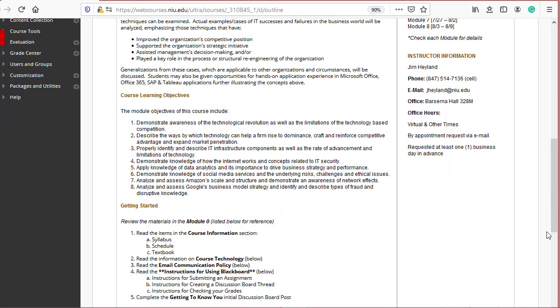Scrolling down, we see the course objectives. 1. Demonstrate awareness of the technological revolution as well as the limitations of the technology-based competition. 2. Describe the ways by which technology can help a firm rise to dominance, craft and reinforce competitive advantage, and expand market penetration. 3. Properly identify and describe IT infrastructure components, as well as the rate of advancement and limitations